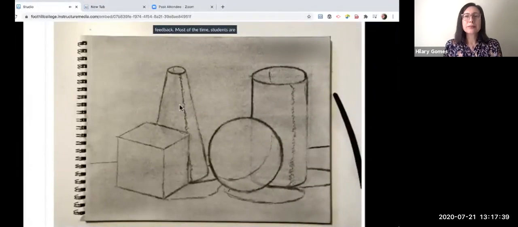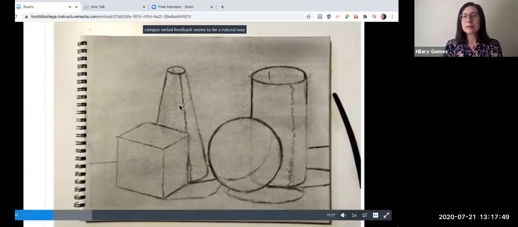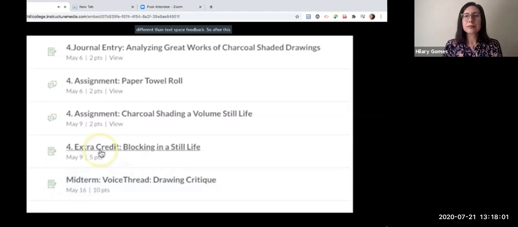And most of the time, students are listening. They're spending a lot of time listening to each other's feedback and taking their time to give feedback. And I find that on campus, verbal feedback seems to be a natural way for art students; it's much different than text-based feedback. So after the students have submitted their work on the discussion board, I usually